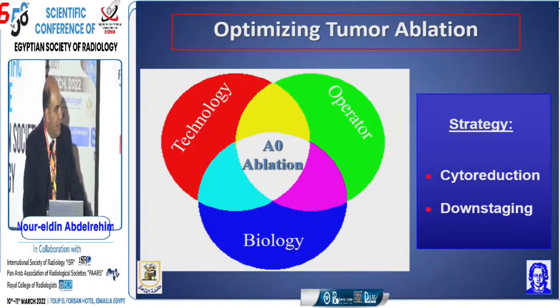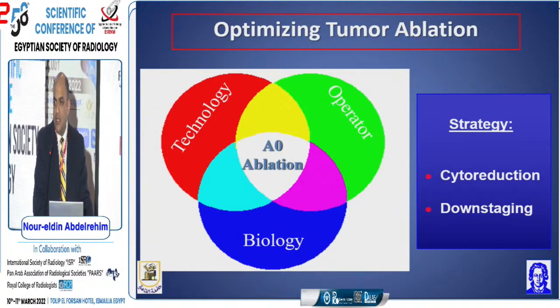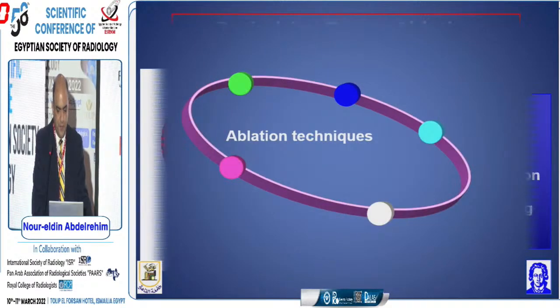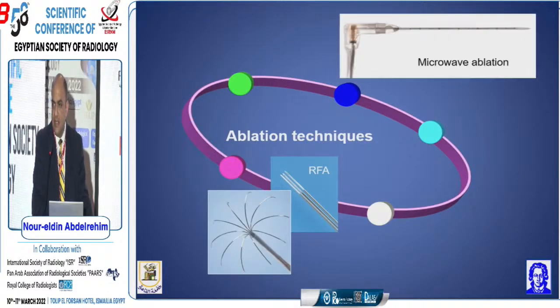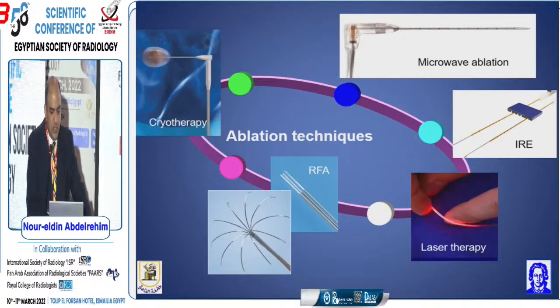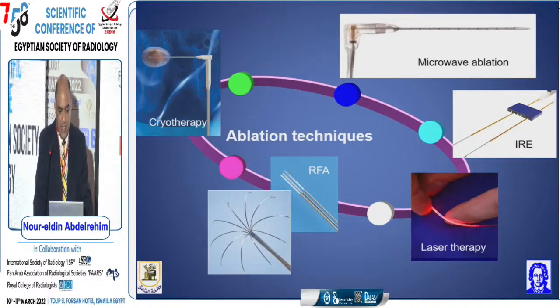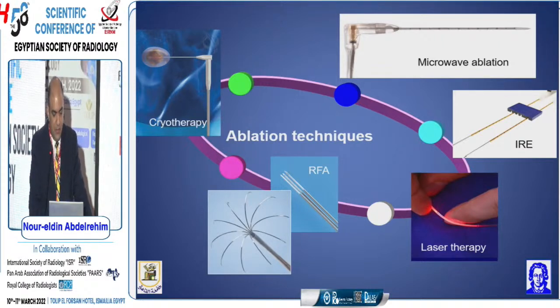This is really a difficult task, which requires a combination of the technology that we have, the experience of the operator, as well as the tumor response and biology. Our target is to use cytoreduction and downstaging of the tumor. So there are different ablative techniques available, including microwave ablation, radiofrequency ablation, and laser technique, and we were one of the advanced and early centers that applied the laser technique in lung treatment, the Frankfurt group,